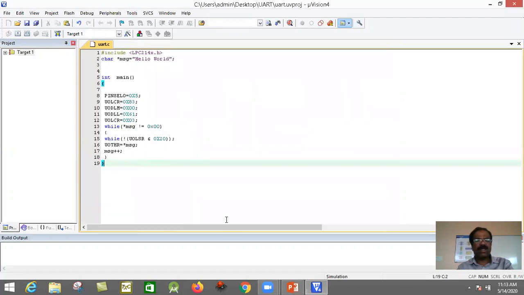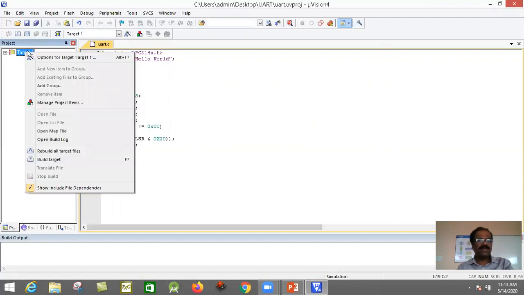Then okay, and you can see here under Source Group 1 we just have the startup.s file. Therefore, we have to include this C file in this particular project. How to do this?